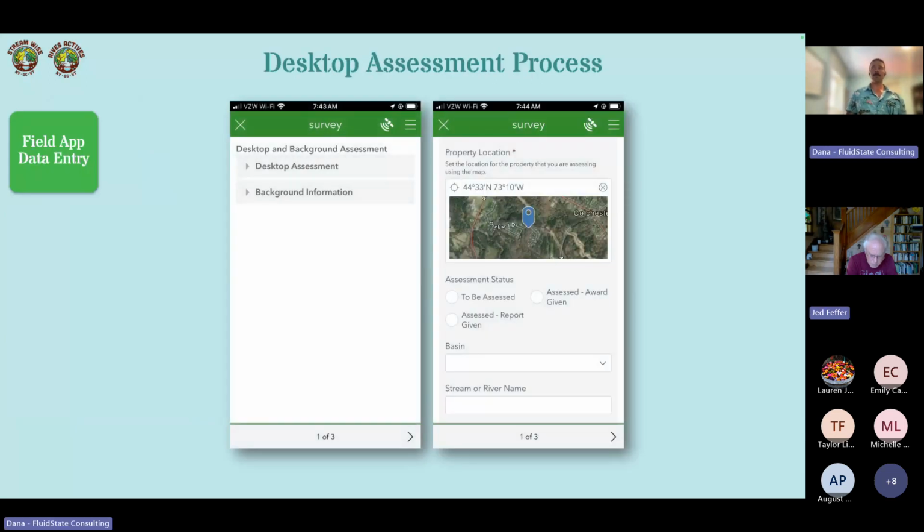It's pretty straightforward. We tried to keep it very clean, much like the Fulcrum map, if any of you used